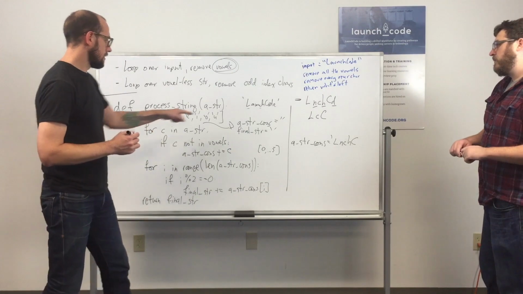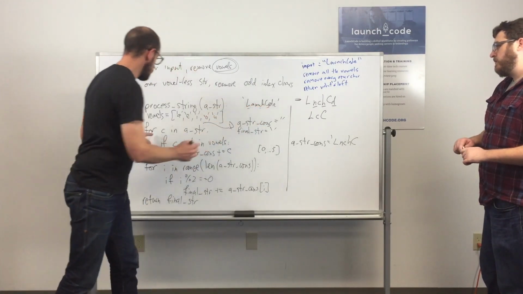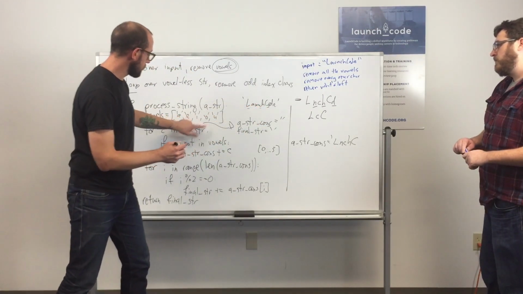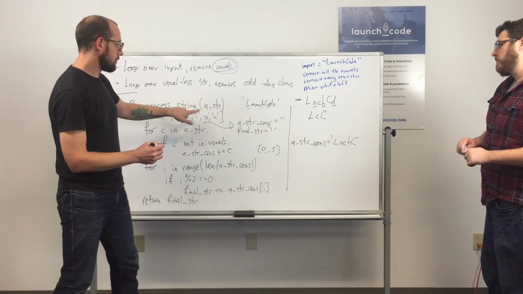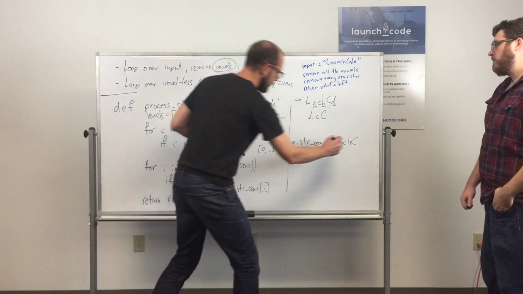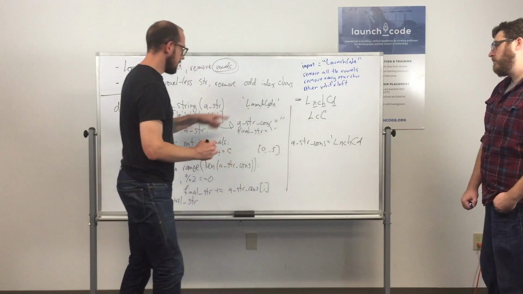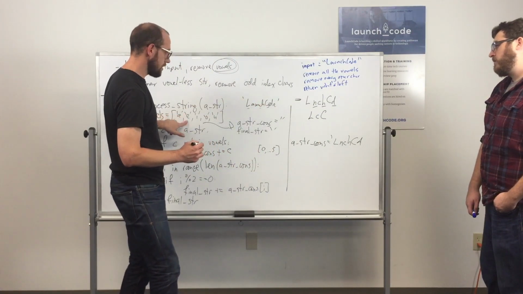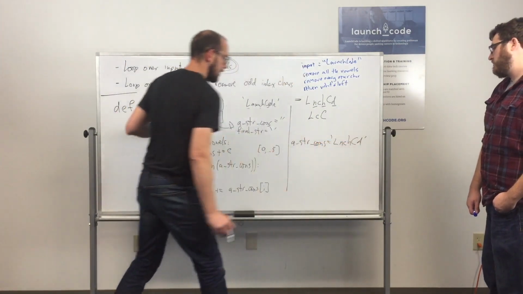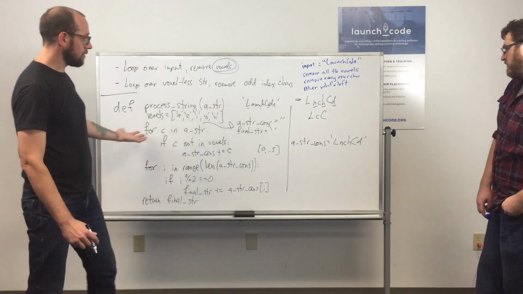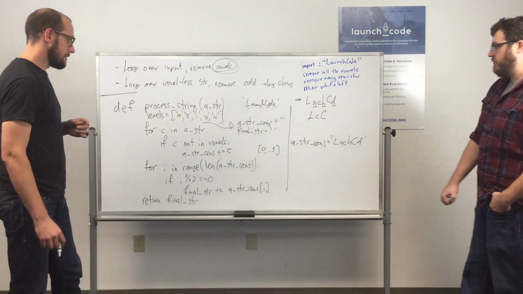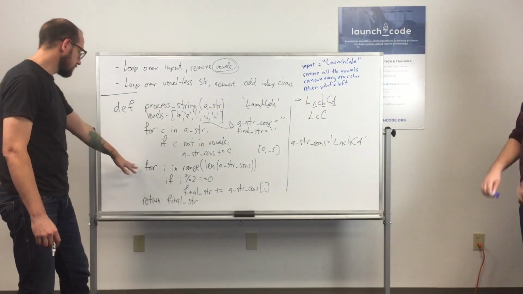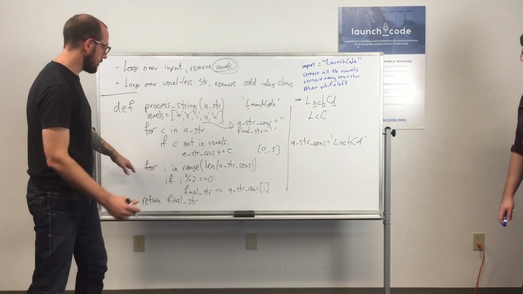And then I'll have lowercase o. Lowercase o is in my vowels list, so I'm going to skip that one. Lowercase d is not in there, so I'm going to keep that one. And then lowercase e is right there, so I'm going to skip that one. And it's done. Okay, so that's the first step. That's what we're looking for. Okay, in the next loop, then I'm going to go from, let's see, my range is